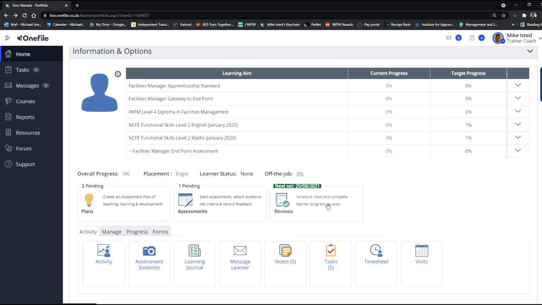OneFile can be perceived to be quite complex, but actually regular use will remove this. The areas we've covered here for you today, clicking on portfolio, the task list, the message box, the assessment plan, the assessments area and the review area, are what you must know. Log on to OneFile, you can't break it, play around with it and get used to it. It is going to be your continuity throughout the